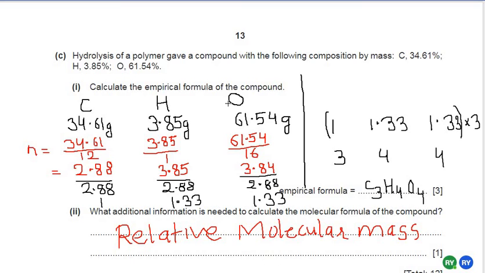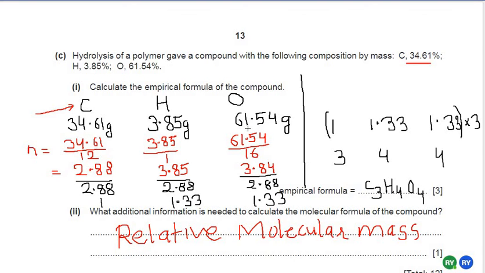So in this example they have given the percentage of carbon, hydrogen and oxygen. The percentage of carbon they have mentioned here is 34.61%, hydrogen is 3.85% and oxygen they have given 61.54%. So step number 1: you can write down all the three elements which they have given: carbon,